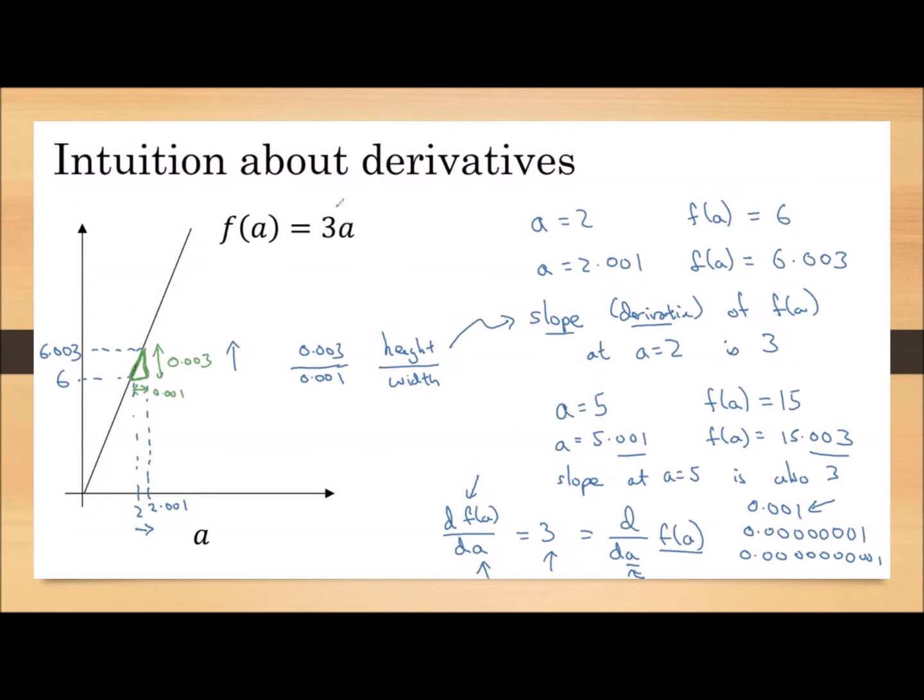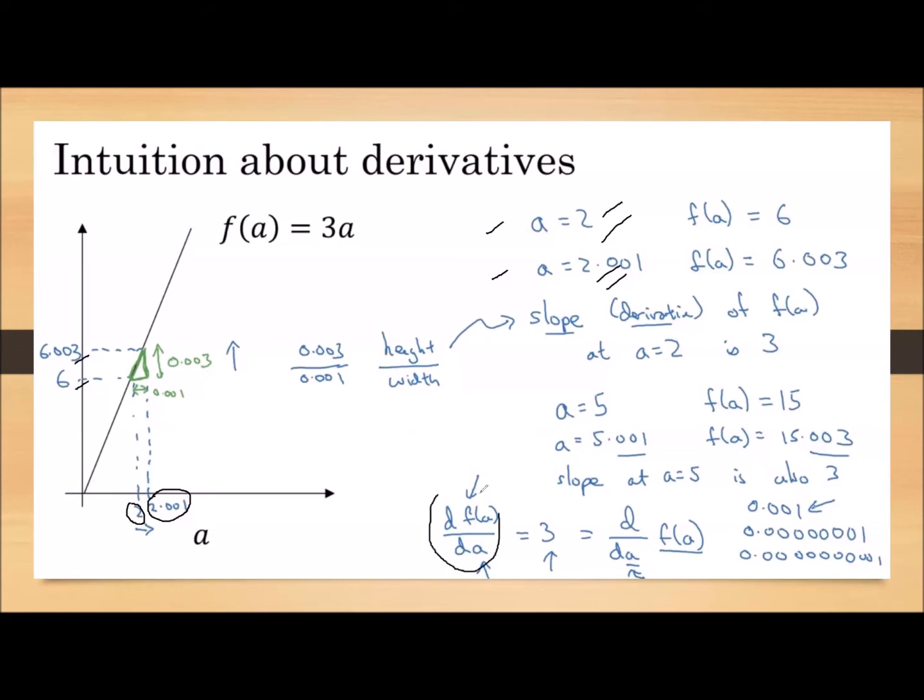How? Okay, you differentiate this 3a with respect to a. What is the answer? 3. Now we will take the numerical computation method. We start with a is equal to 2 and we increment a by a small fraction. So we have started with a is equal to 2 and we have incremented it by a small fraction to 2.001. And we are seeing for a small change in a, what is the change I am getting in f of a? That is what we are calling the differentiation.